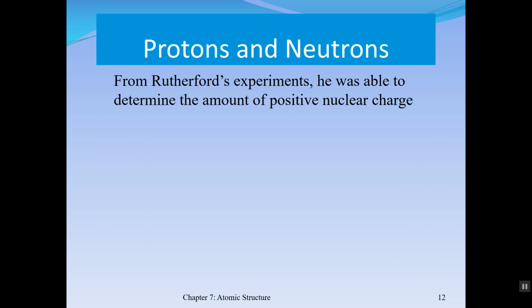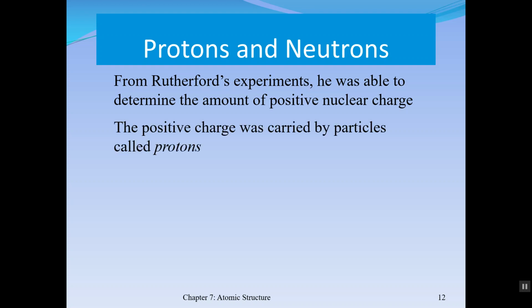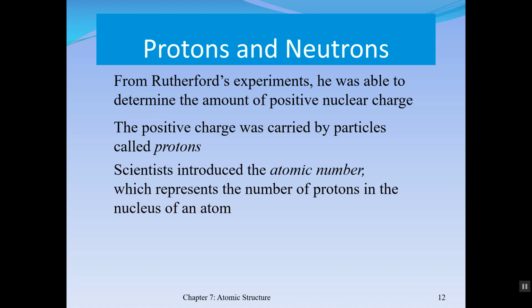Based on this experiment, Rutherford was able to determine the amount of positive charge present within the particular atom. Of course, I won't go into all the details about how that was discovered. Suffice to say, these positive charges were carried by particles called protons. This introduced the concept of the atomic number, because it was discovered that respective elements have their own unique number of protons in the nucleus of the atoms. That's basically what the atomic number was defined as, which is the number of protons in the nucleus of